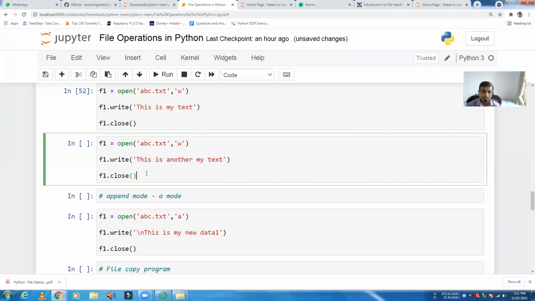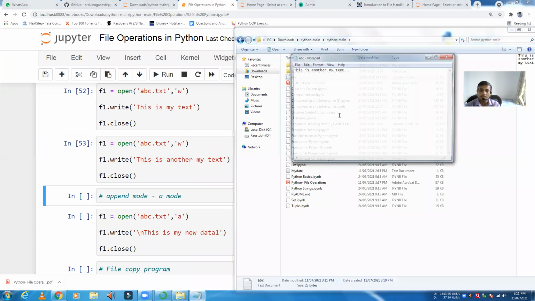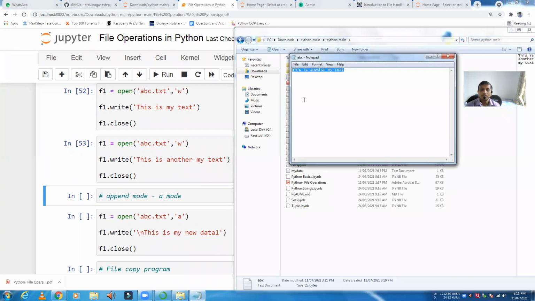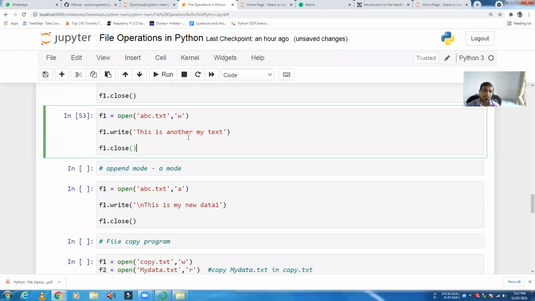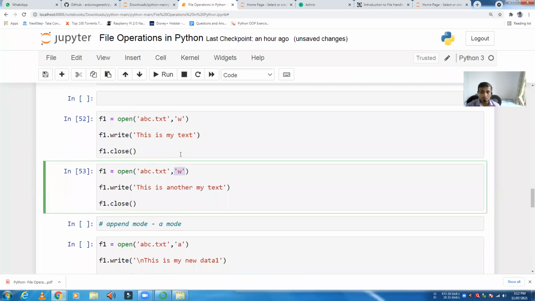It will get overwritten. तो पहले देखो कंटेंट कितना क्या था, this is my text. अभी मैं रन कर रहा हूँ, ये रन करने के बाद में फिर से मैंने यहाँ पे abc.txt किया तो क्या आ गया, this is another my text. So the first one is gone, first one is overwritten by the second one. Okay, so always make sure that अगर आपने गलती से W मोड यूज कर दिया और अगर आपका फाइल already है, उसमें already some data is there, and if you open that file using the W mode, all the data will vanish, आपका पूरा डेटा डिलीट हो जाएगा.